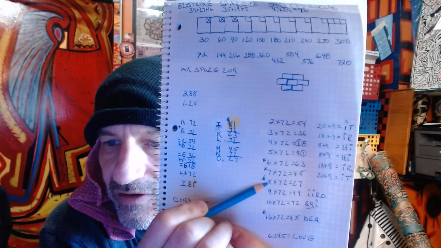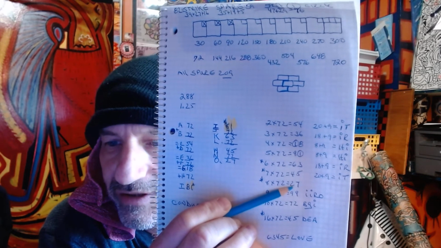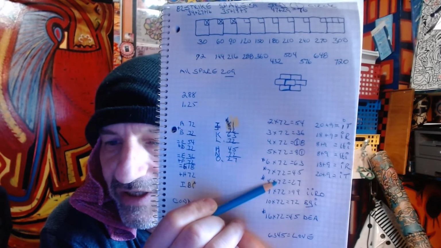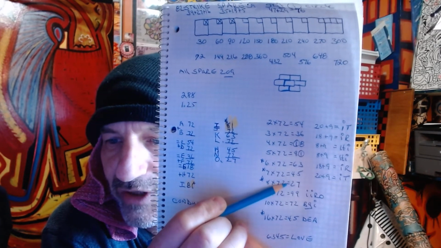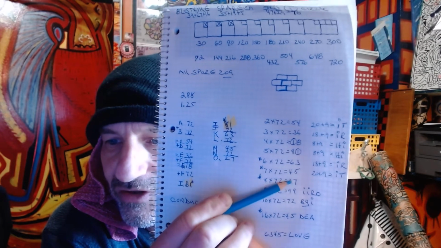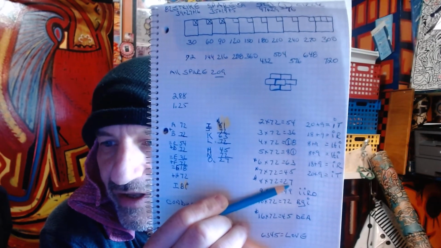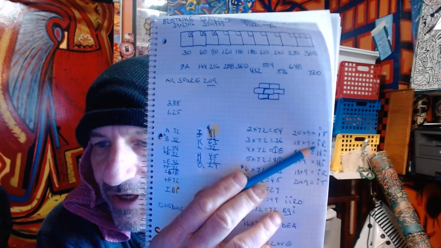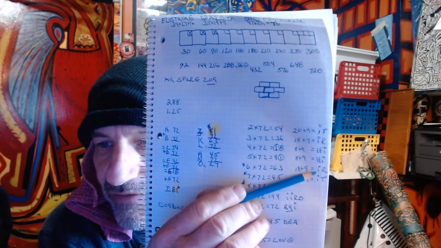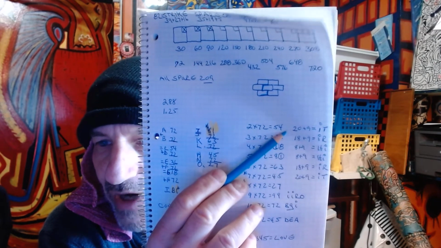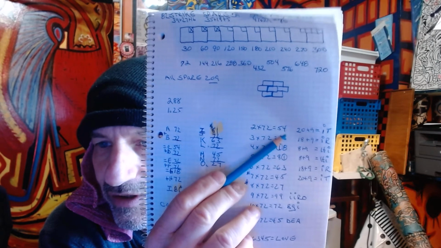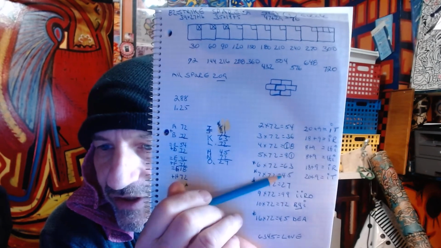8 recreates 27. 8 by 7 is 56. 5 and 6, 11. 1 and 1 is 2. 8 times 2 is 16. 1 and 6 is 7. So we have the IT system of the IR, of the HI, of the HI, of the IR, of the IT, because now 5 times 4, 5 plus 4, 3 times 6, 3 plus 6, etc.